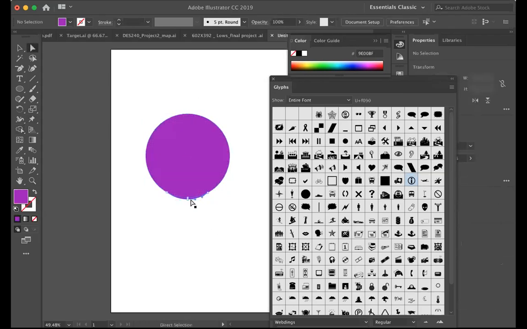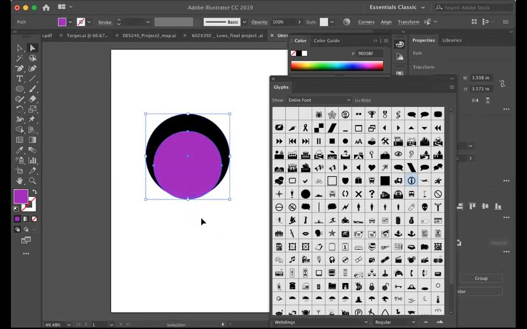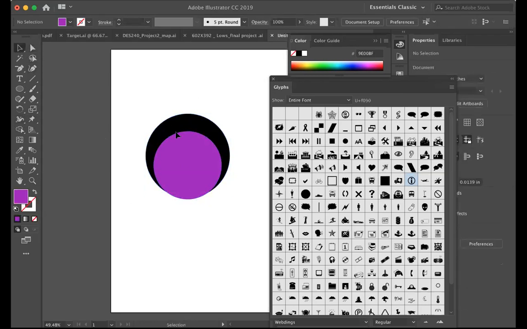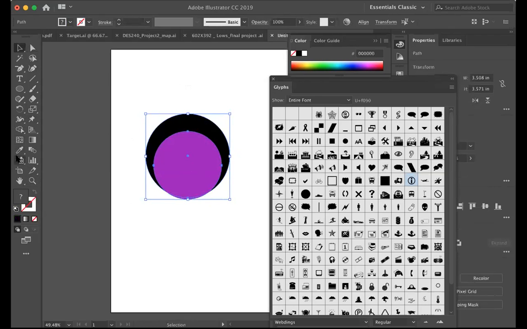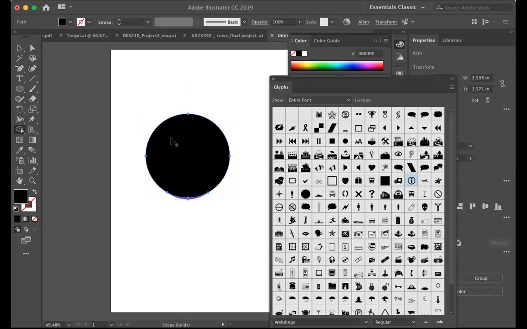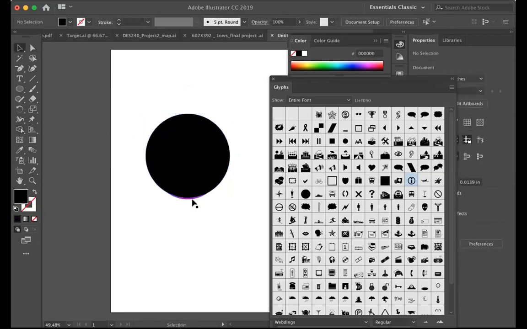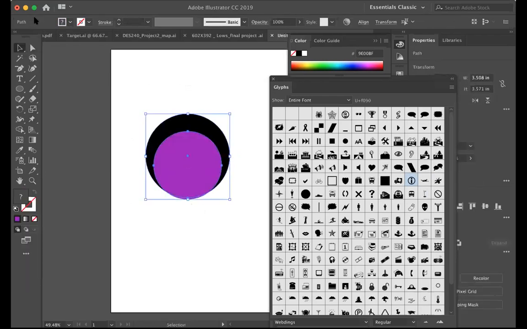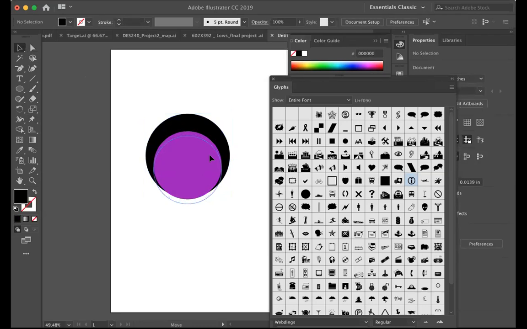Now I'm going to take my direct selection tool. Let me do this a different way here. I'm actually going to select the black shape first, and I'm going to drag into the purple one. And it's going to show me the knockout that I just did. So if you want to have this shape knocked out of this shape,